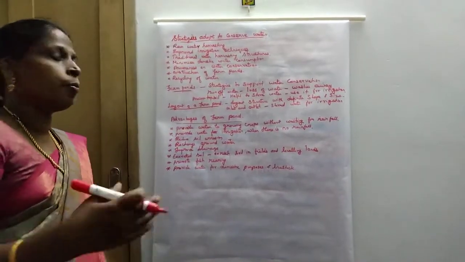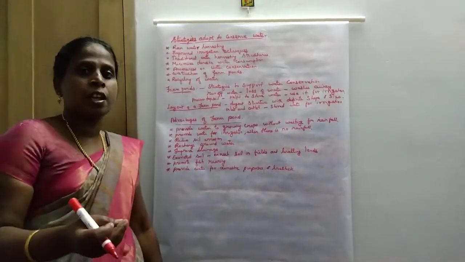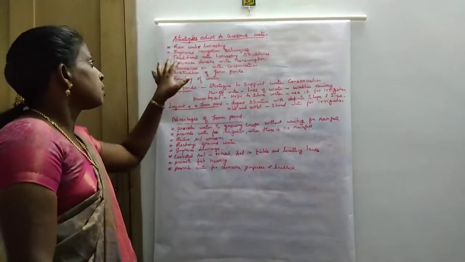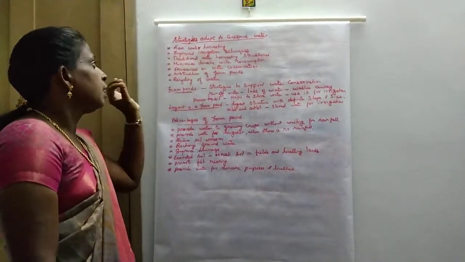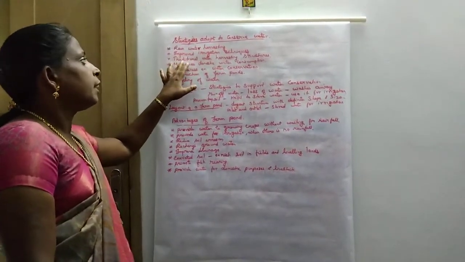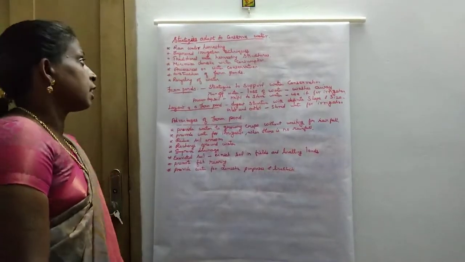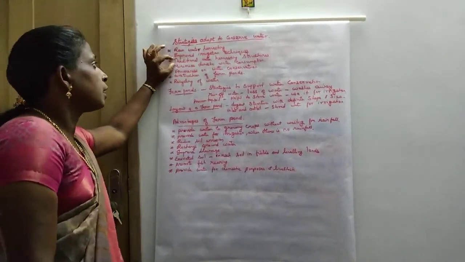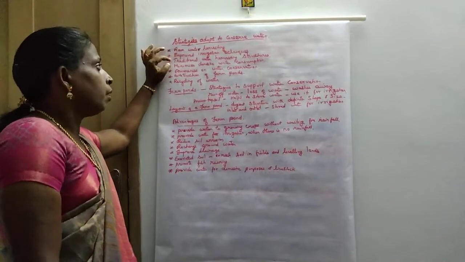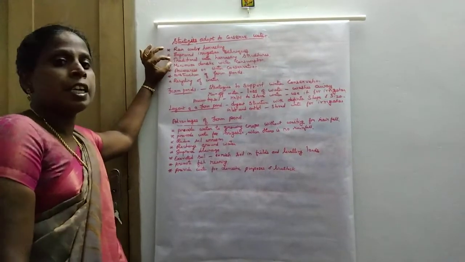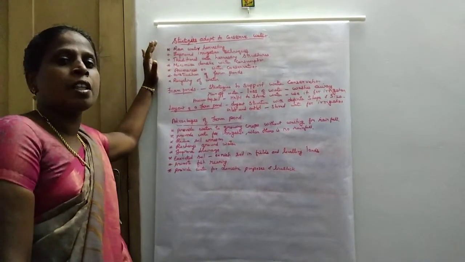The second one is improved irrigation techniques. Nowadays many techniques are there in the irrigation system, so improved irrigation techniques can be followed. Then, traditional water harvesting structures. We can protect the traditional water harvesting structures. Traditional means in the olden days,